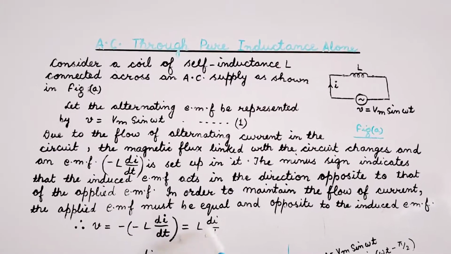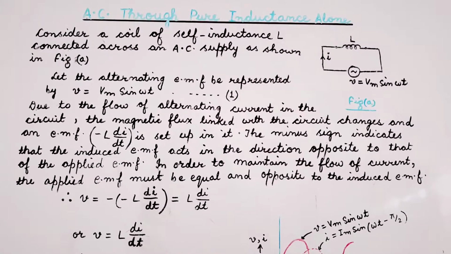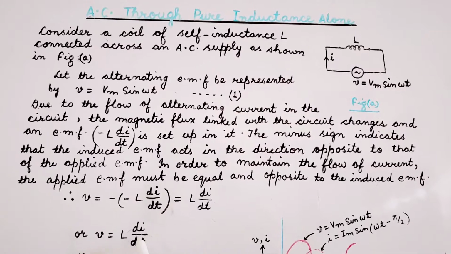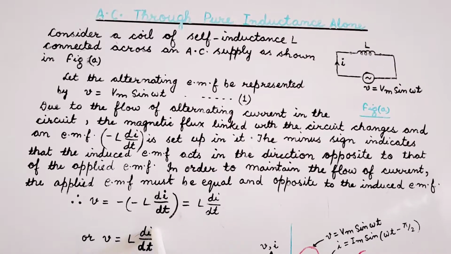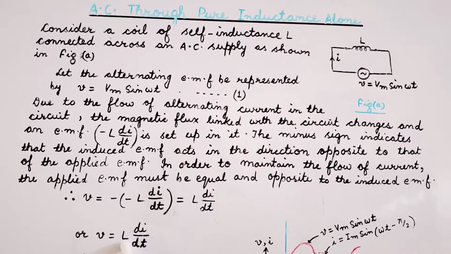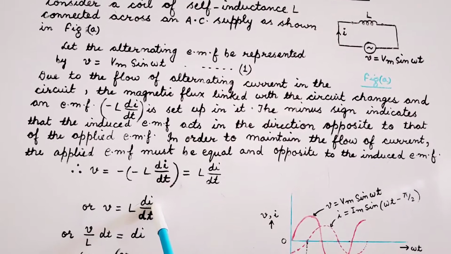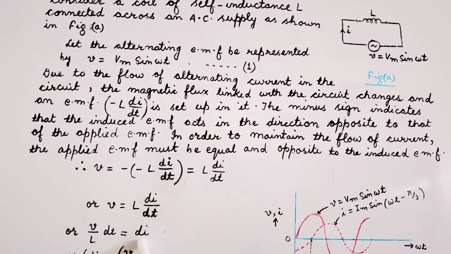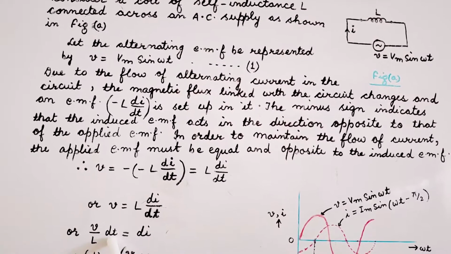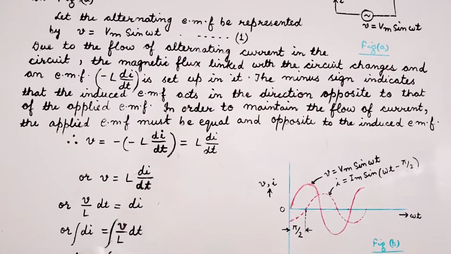So, this will be equal to L di by dt. So, the value of v will be equal to L times di by dt. So, this is the relationship between the voltage and current in case of an inductor. Now we have to find the current. So we find from this expression that the value of di will be equal to v by L times dt. Now if we integrate both the sides of this equation,